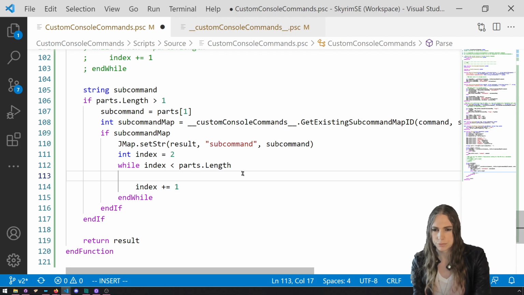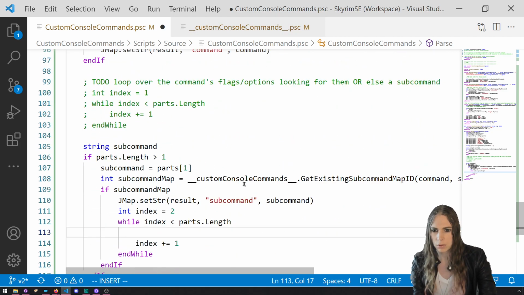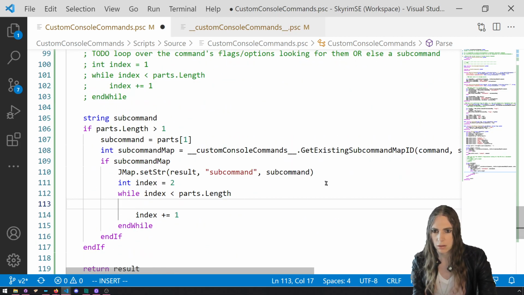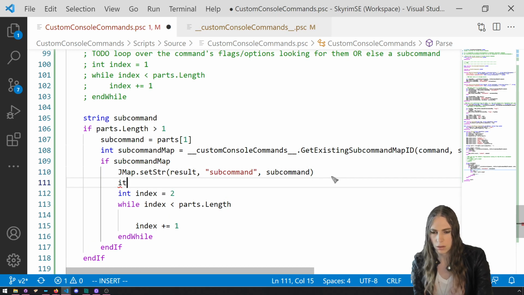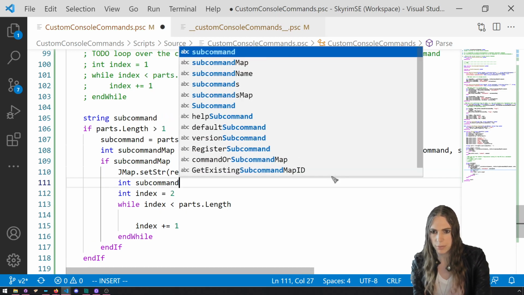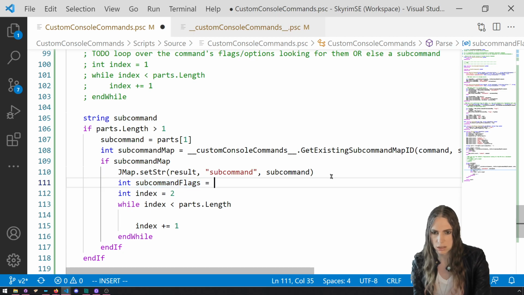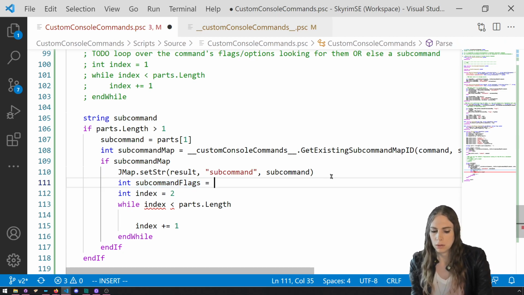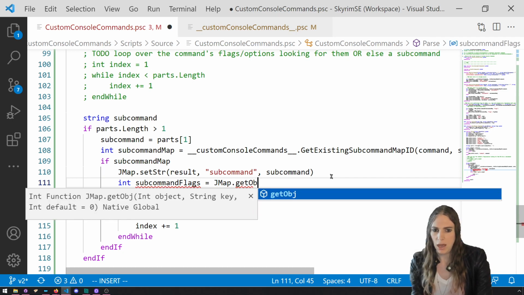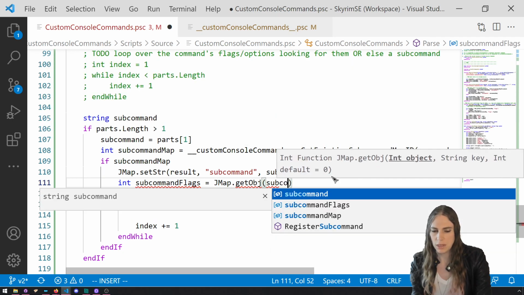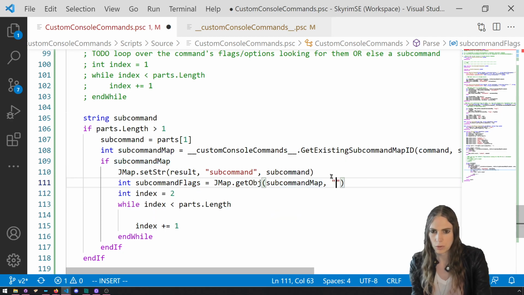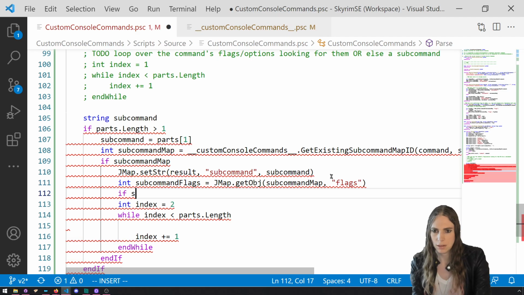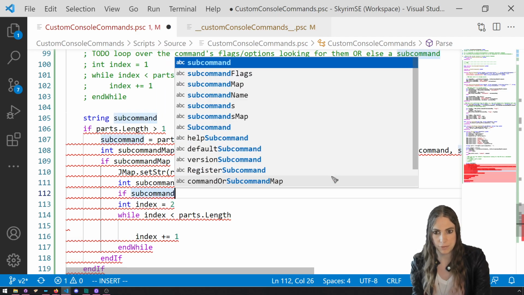So let's get the int subcommand flags equals JMap get object from the subcommand map called flags. If subcommand flags